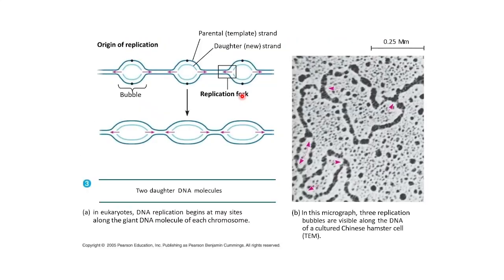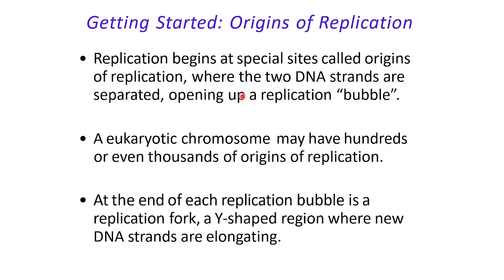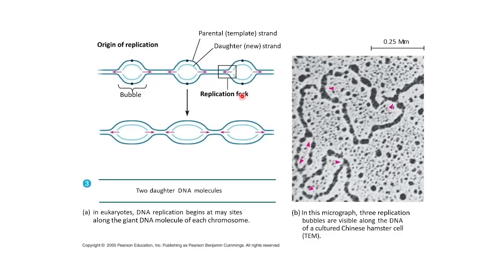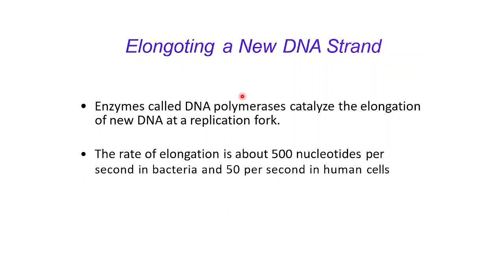First, the origin of replication has to be identified, and the replication process starts with the bubble. Now there is elongation. First there is opening up, and then there have to be some enzymes that will help, that is the DNA polymerase, which will catalyze the elongation of the new DNA at the replication fork. Because it opens up, it can close again, but there has to be some